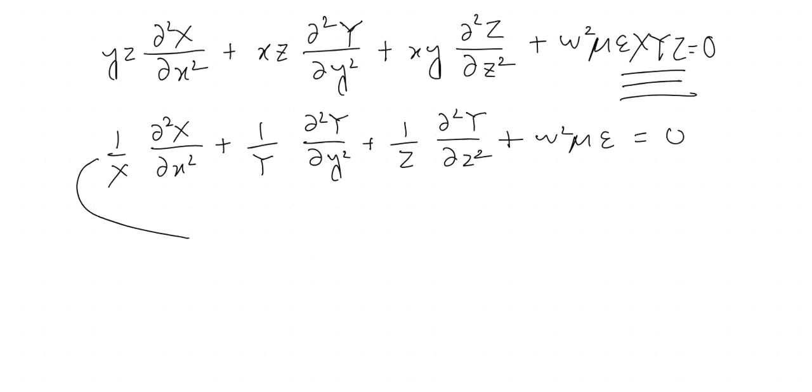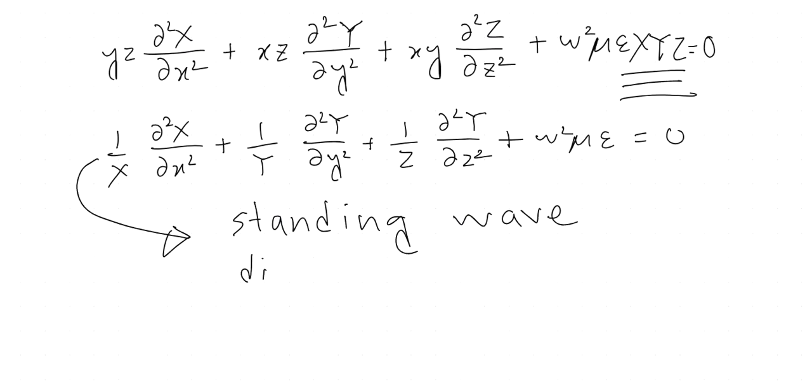So we should have some sort of standing wave, and it should have some properties of discreteness. Keeping these two in mind,